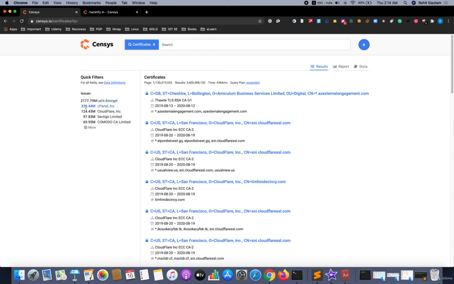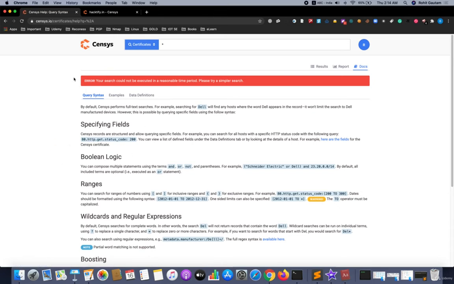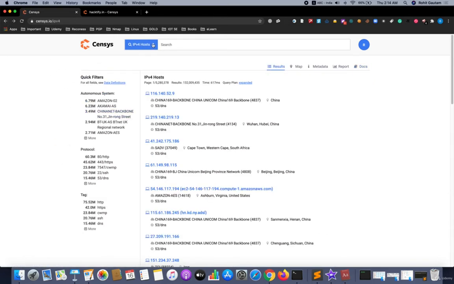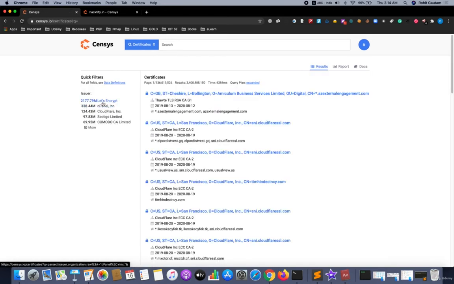Let's Encrypt is basically a free SSL certificate provider, and it gives you certificates which you can install onto your website. By this particular root CA, you can see there were a lot of certificates, around 2177 million.